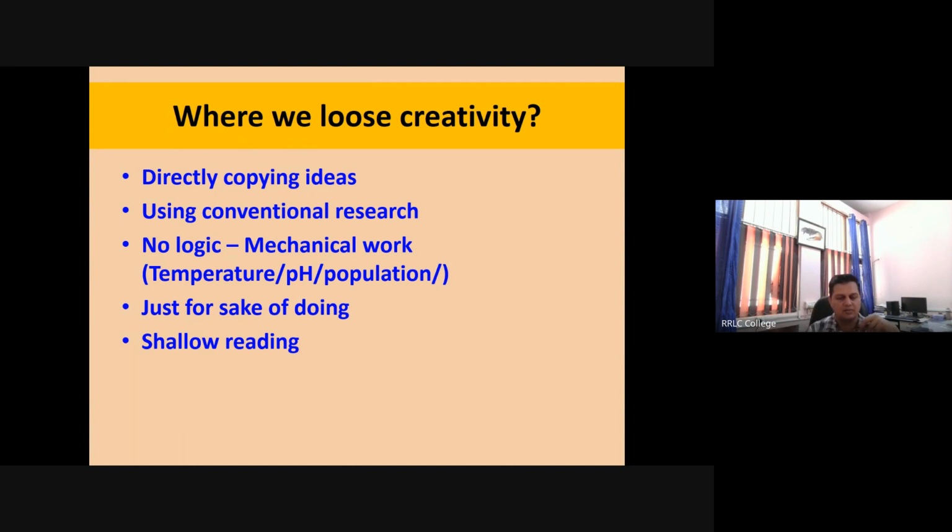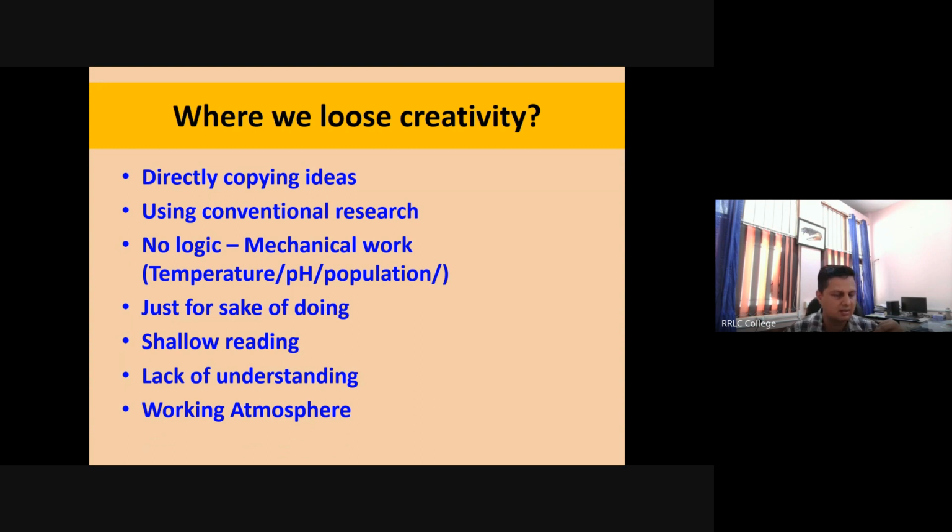But where you are working, the area may be 1 kilometer, so that same thing cannot apply. So we are reading incomplete. That's why we are losing creativity and lack of understanding. काफी बार हम मेथड को गलत इंटरप्रेट कर देते हैं या अंडरस्टैंडिंग गलत होती है. What the researcher, what the reference is telling is another thing, but what we are understanding is different. That may be the thing.